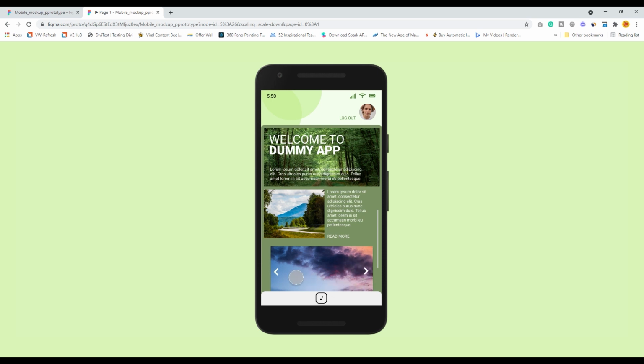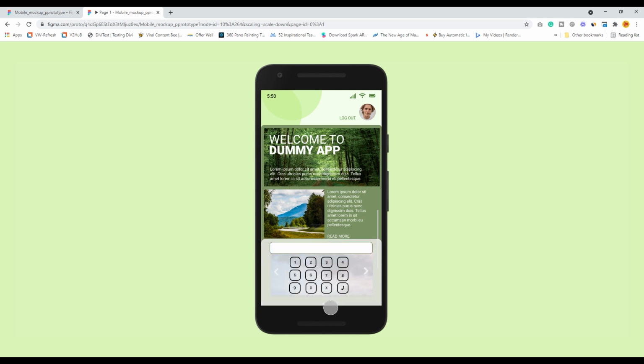Also, just for the sake of understanding, if you want to create a slider image, you can do it like this. Lovely, isn't it? And I have also given a small icon, that is a call icon.